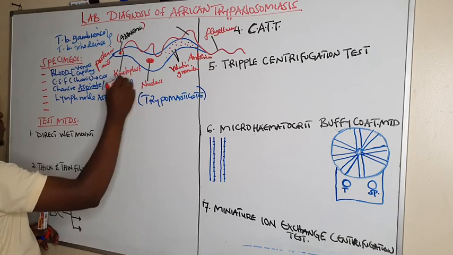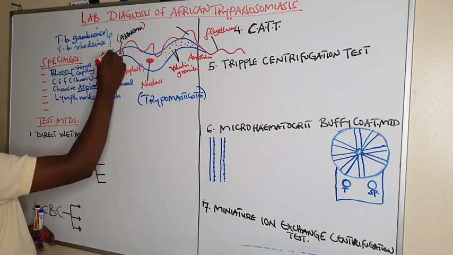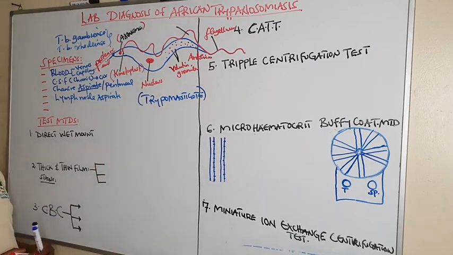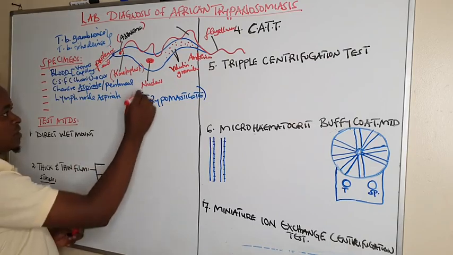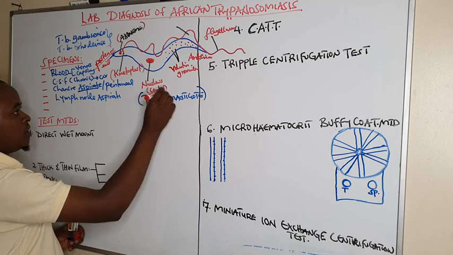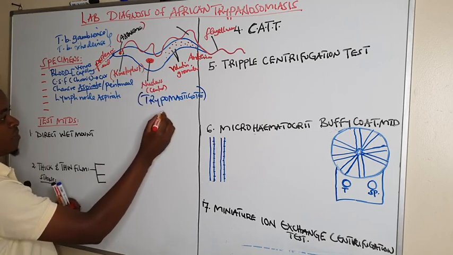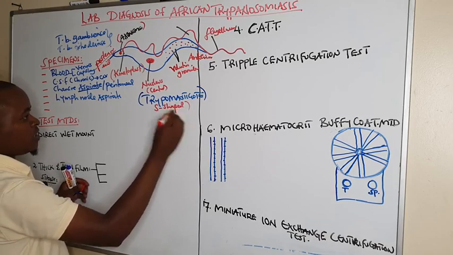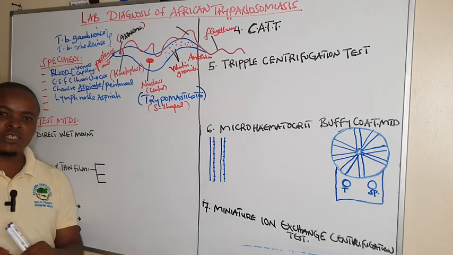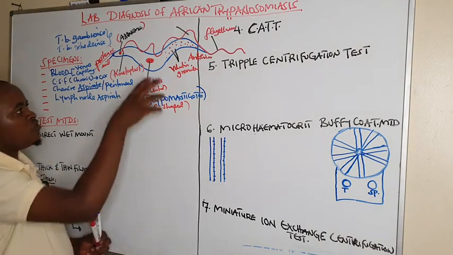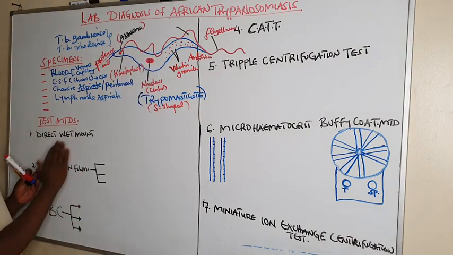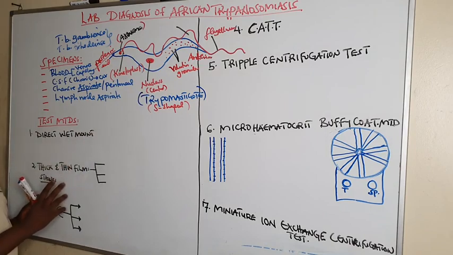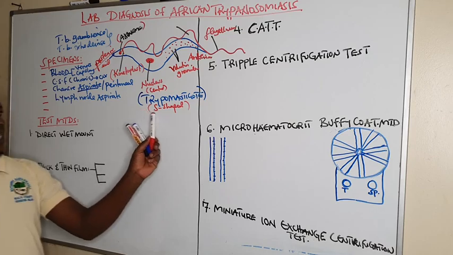So the kinetoplast is found near the posterior end, whereas the nucleus is found in the center, and this trypomastigote is S-shaped, which is different from T. cruzi, which is C-shaped. So whenever you examine a wet mount or a stained film, you look for the S-shaped